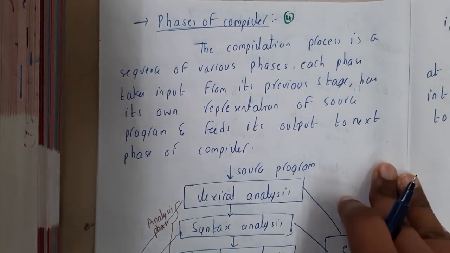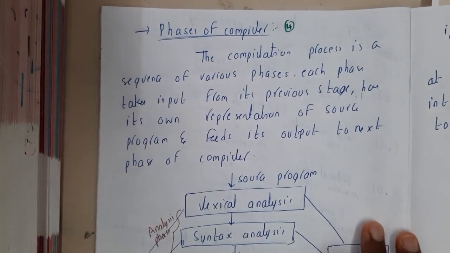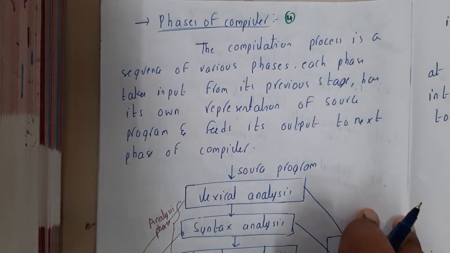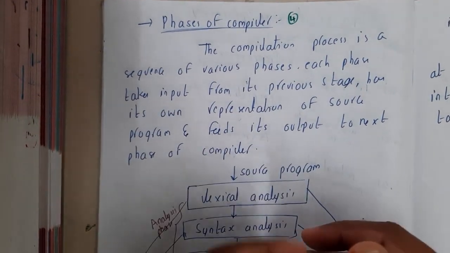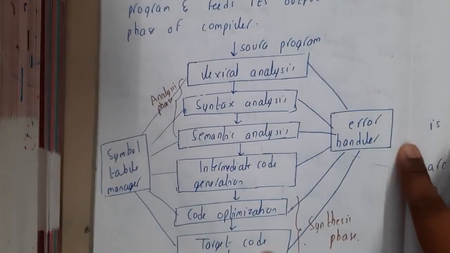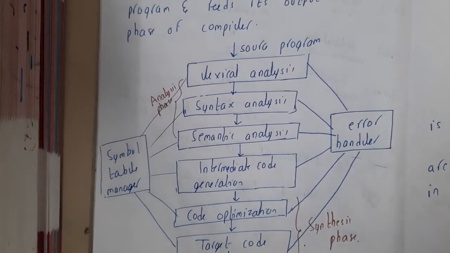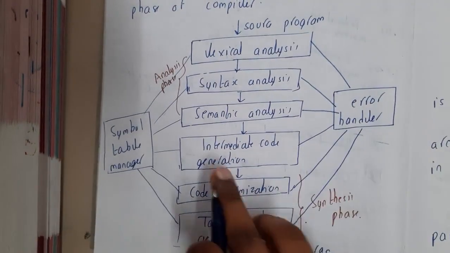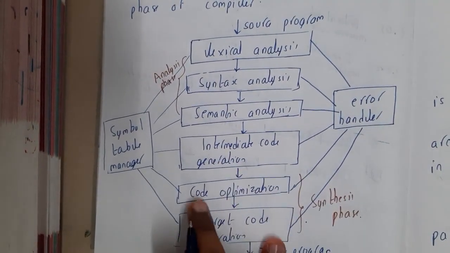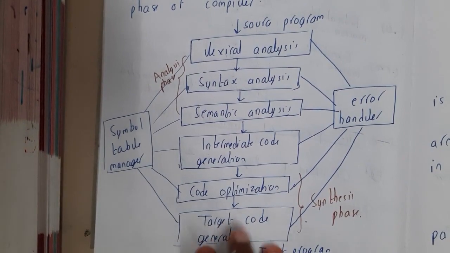Hello guys, we are back with our next lecture. In this lecture, let us go through the different phases of a compiler, guys. If you ask me, we can directly say that there are 6 phases of a compiler. Those are lexical analysis, syntax analysis, semantic analysis, intermediate code generation, code optimization, and target code generation,